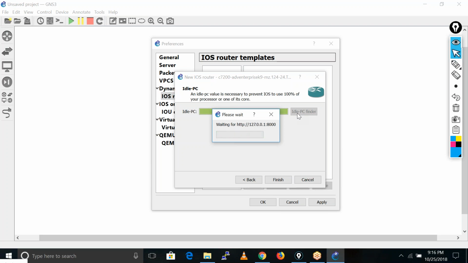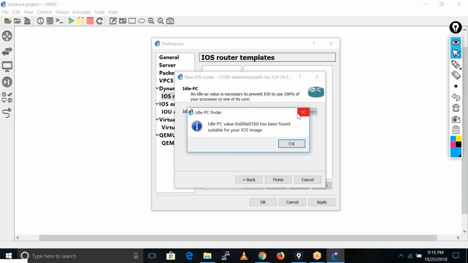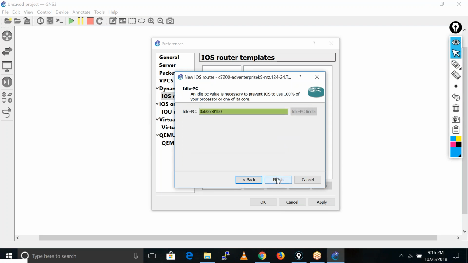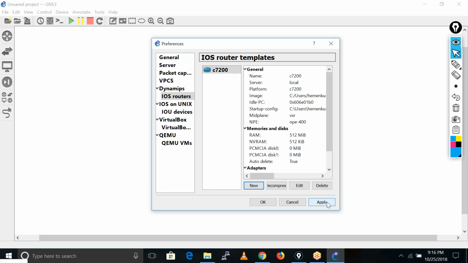If you don't select this Idle PC value, this GNS3 may heat up your CPU and RAM. If you do select it, it takes only minimum CPU and RAM. So you just get this value here, select OK, and Finish and Apply.